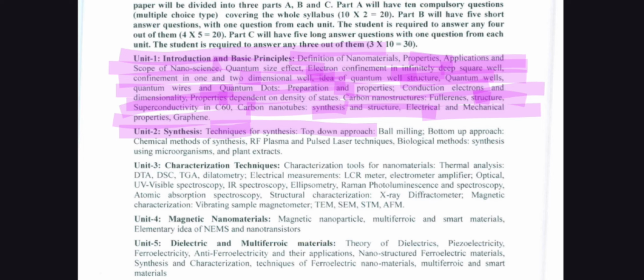Unit 2 is here, synthesis. Techniques for synthesis, top-down approach, ball milling, bottom-up approach, chemical methods of synthesis, RF, plasma and pulsed laser techniques, biological methods, synthesis using microorganisms and plant extract. Unit 3, characterization techniques, characterization tools of nanomaterials, thermal analysis, DTA, DSC, TGA,